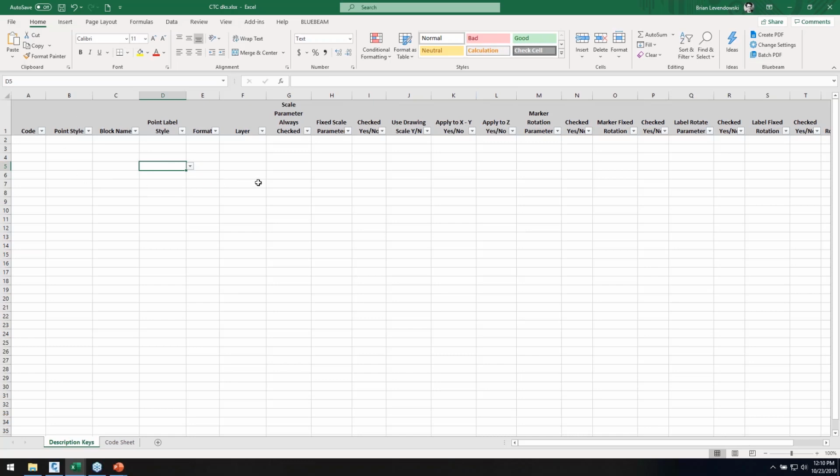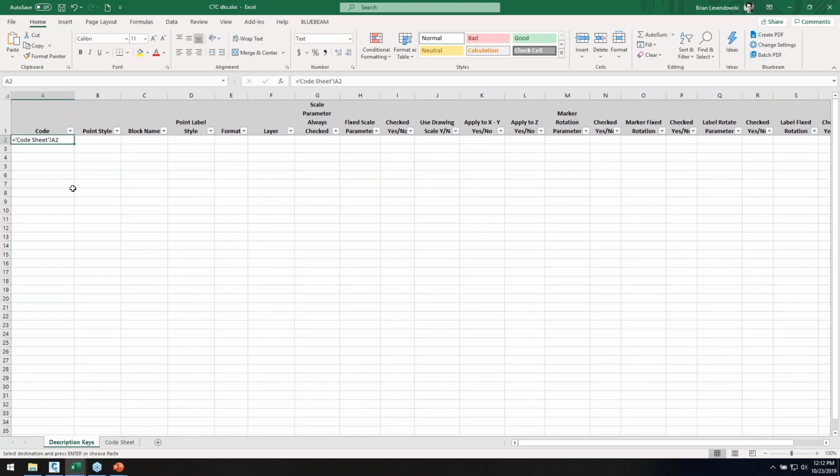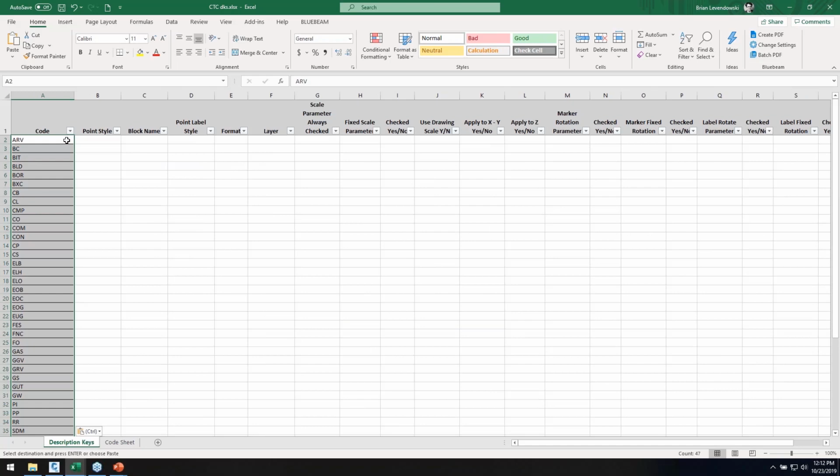Everything's nicely formatted. Some of these fields that are simply yes or no have data validation built into them already. But we can copy these over, drop them right here, and we get that code list in there. And what I wanted to show is dropping in the asterisks automatically, but it's simple enough to just drop them like this. And then moving on, what are the considerations? Well, we've got point styles, we've got layers to think about,